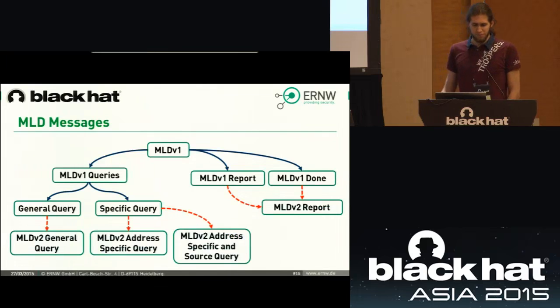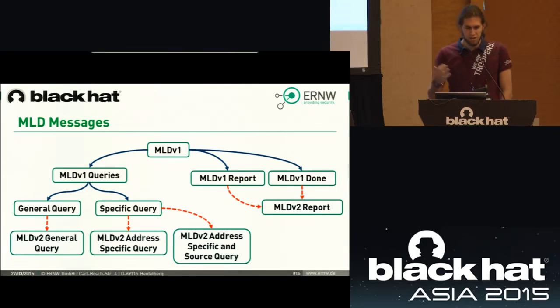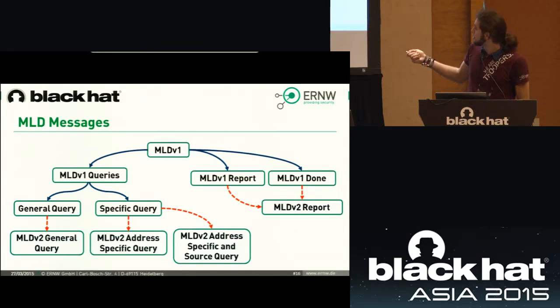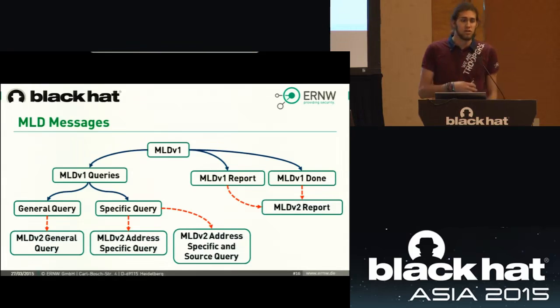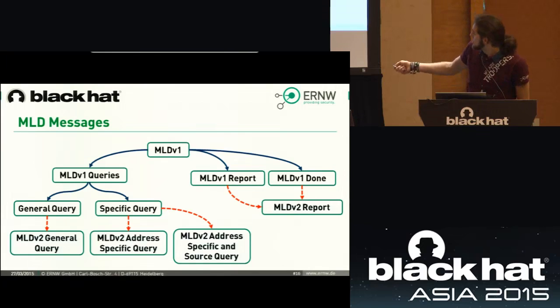So, as I already mentioned, the querier needs a kind of messages to communicate with the listeners, and for that purpose there are two kinds of messages. The first is a query message, which is used to announce to the listeners, hi, I'm the querier and please contact me, or some specific query message, we're coming to that later.